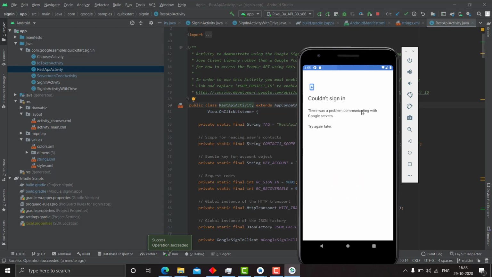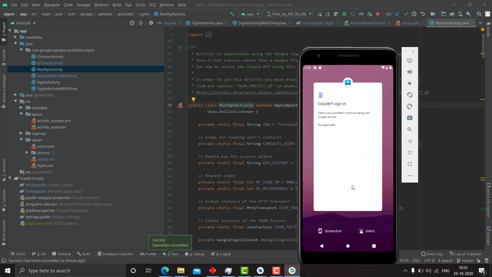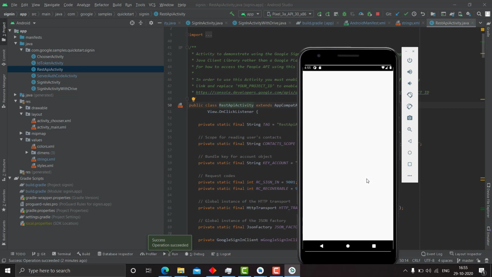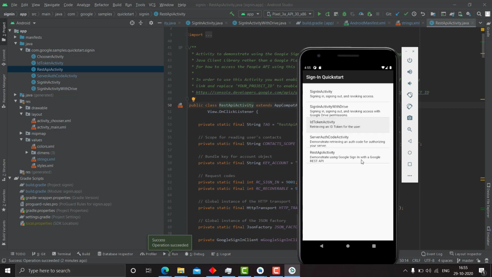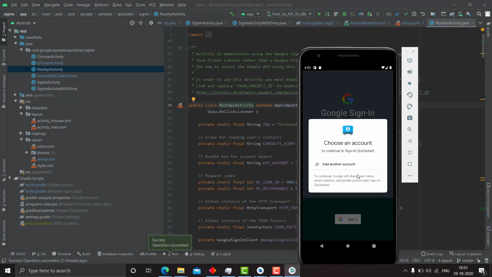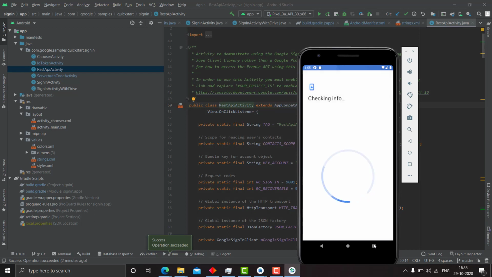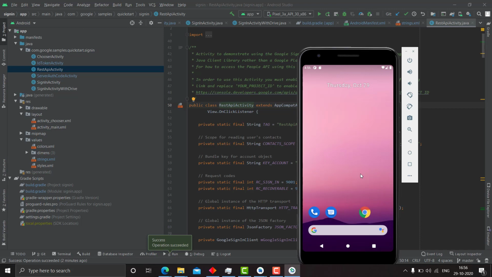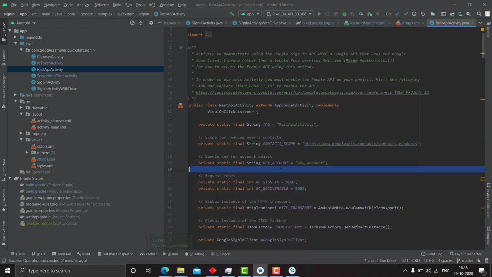I'm having some error here connecting, but I guess you got the point, right? See, this is the project. I will just try once more. Currently, the Google server doesn't respond, like it happens when you configure things on your phone, and you can't connect. But just try running this app once on your phone, and you will get the hang of it. So I hope you understood in this video how to integrate Google Sign-In in the application.